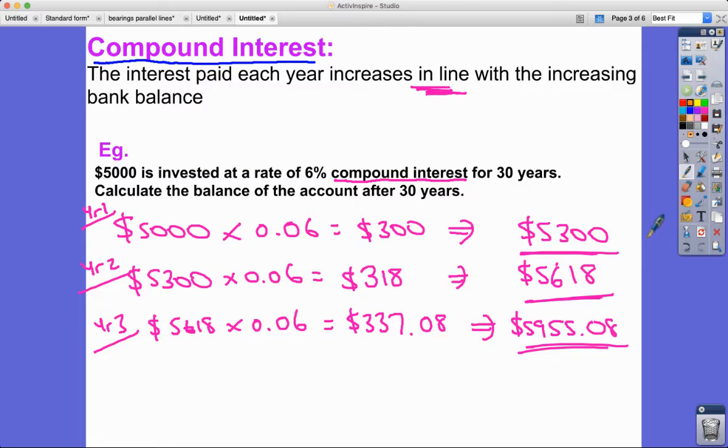It's pretty time consuming. So what I'm going to realize, and what I'm going to teach you now, is that if I do 5618 divided by 5300, I get 1.06, times 1.06 times 1.06 as well. If I do that one divided by that one, my multiplier to go from one to the next is times 1.06. And that makes logical sense, because this one here, my 5,000, 106% of that, so 100% of it with 6% added on, is 5,300.